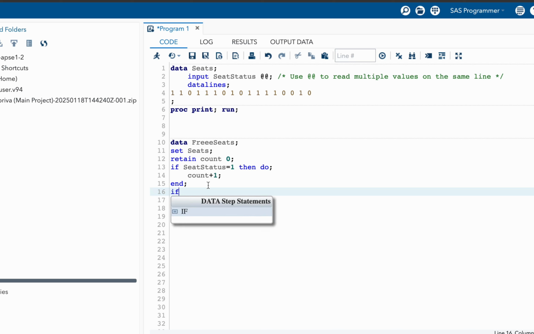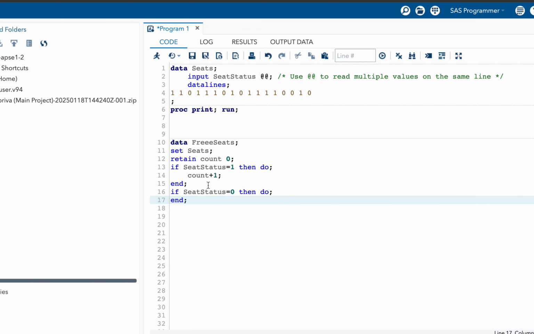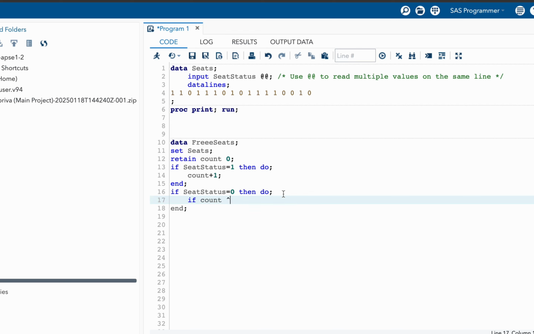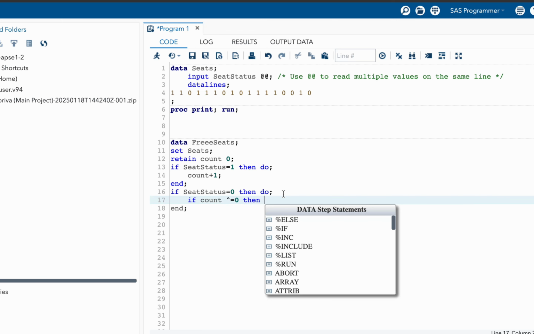So we can say that if seat status is equal to 0, then do if count is not equal to 0, then output.